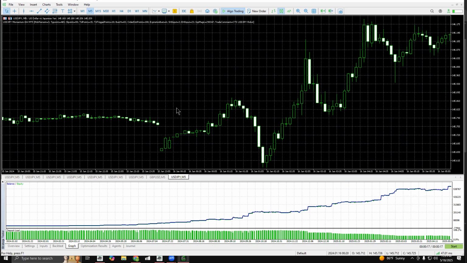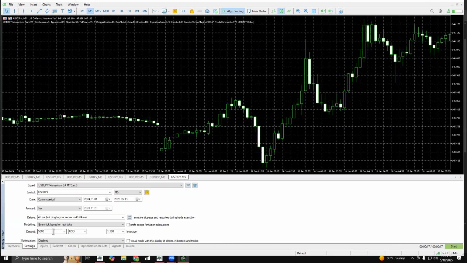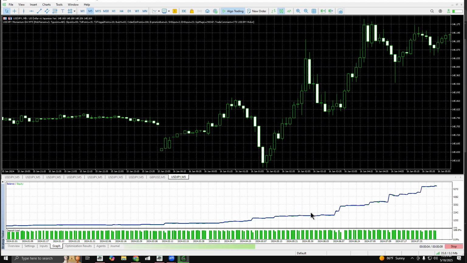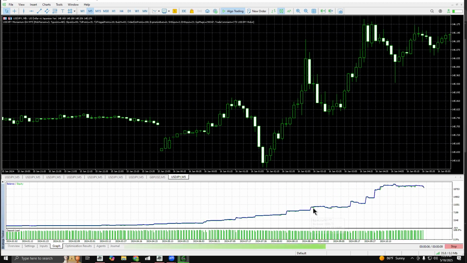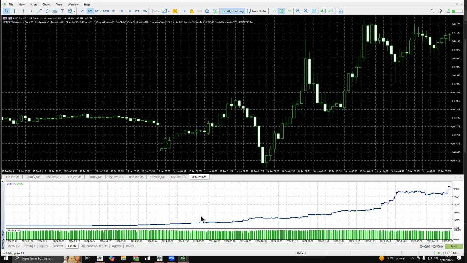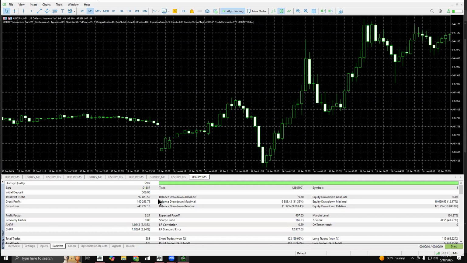Use a VPS, IC Markets, get this EA, put it on. You don't even need a $5,000 deposit. I just use that as an example, right? Even if you put $500, the graph is still the same, right? 5,000 was just an example. But even if you put $500, that turned into almost 100,000